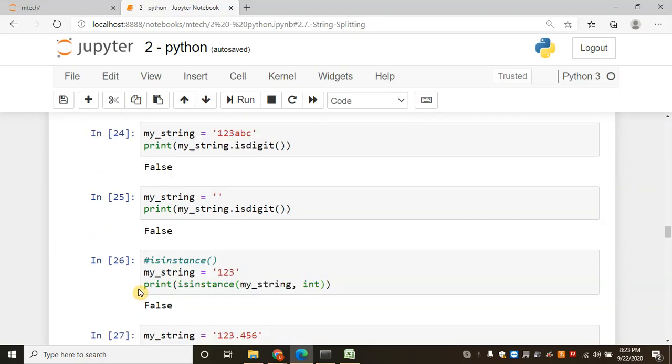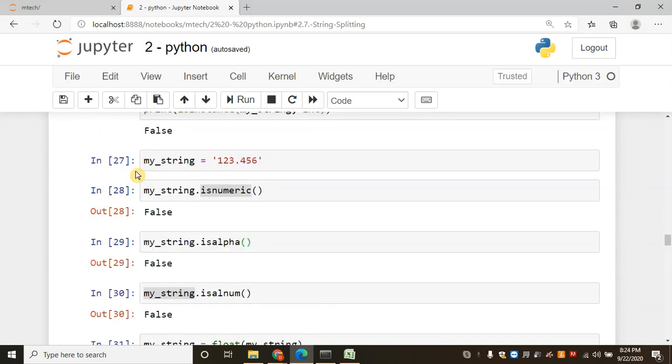We already know that every variable is an object in Python. So to check which class this variable belongs to, we can use isinstance. Suppose my string equals 123, and I'm checking it for isinstance of int, then I get false. Why? Because it is an instance of str. Here my string is a floating point number.